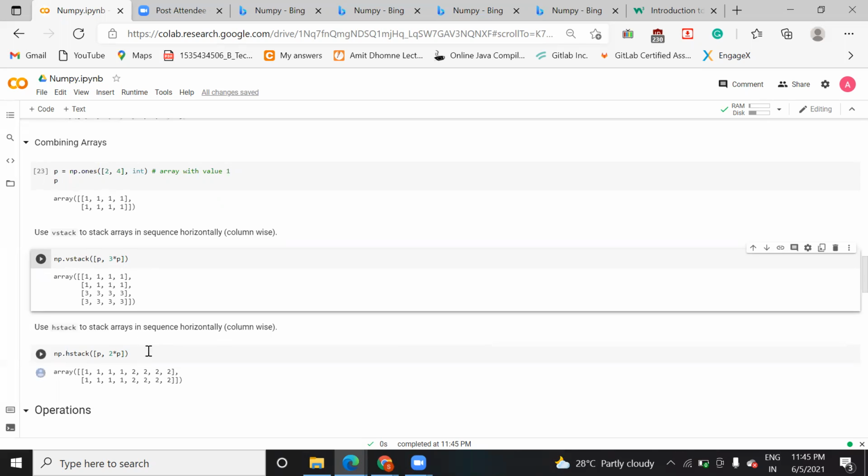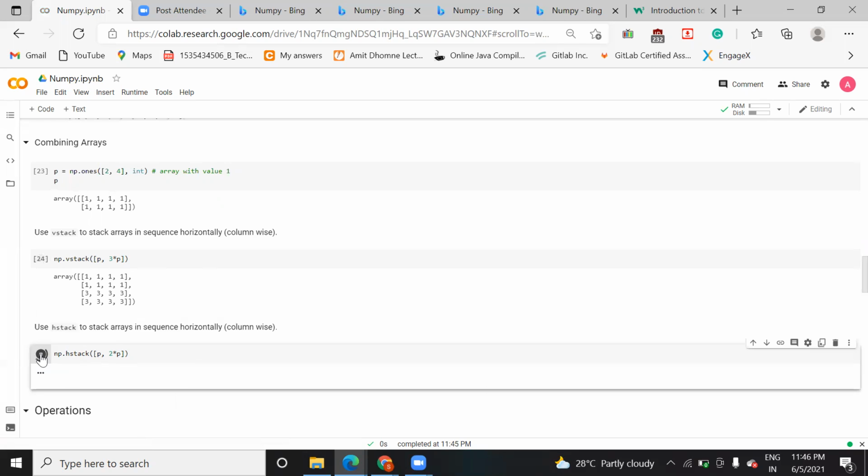Suppose you want to print it column wise horizontally, you can use hstack also: vstack and hstack. Let me run this and show you.